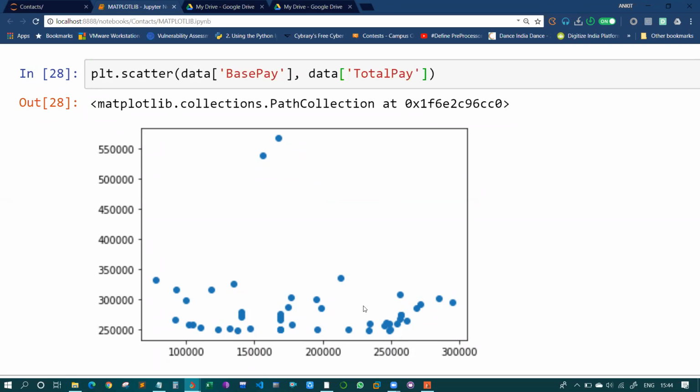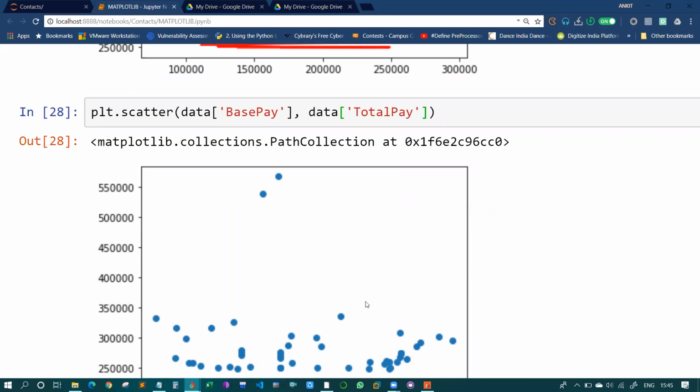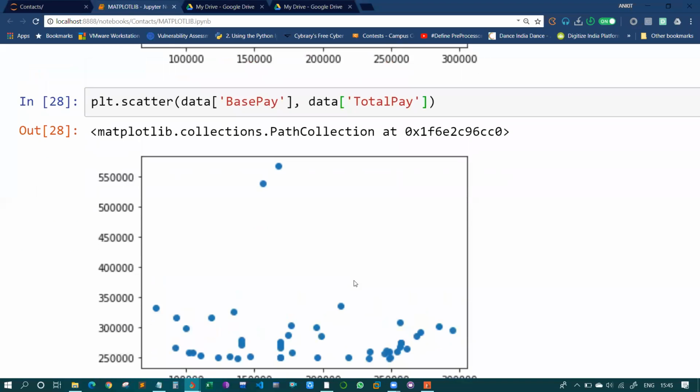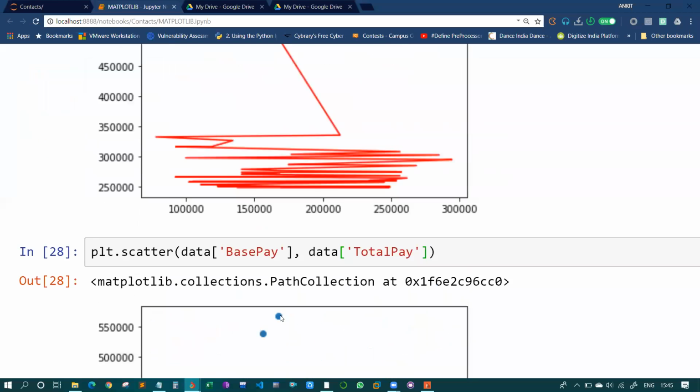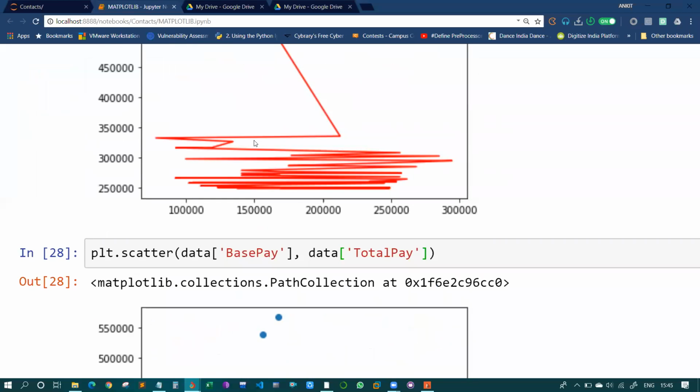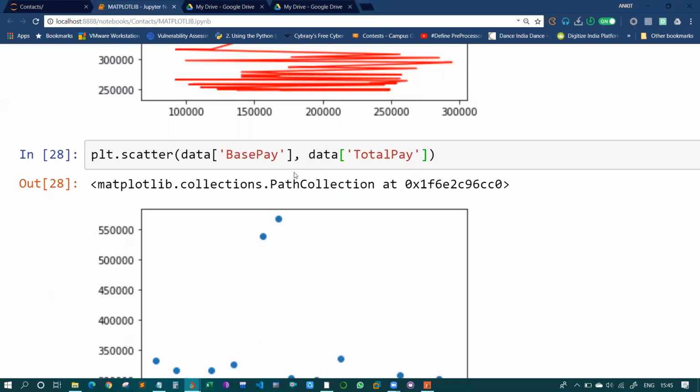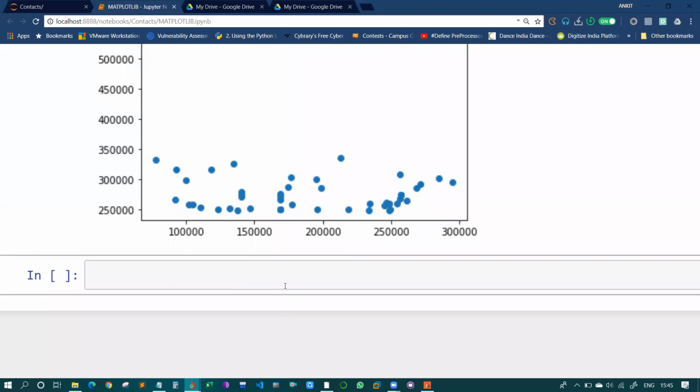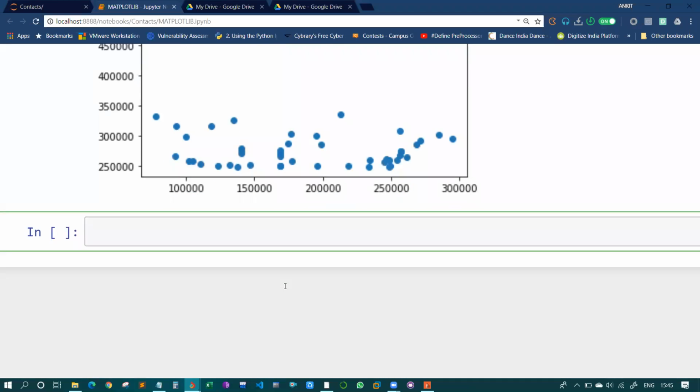But here we have a condition like which dot comes after which, and we are getting confused. It would have been better if these dots were over this line graph, right? It would look much cooler. Okay, let's do that. You will understand what I mean.